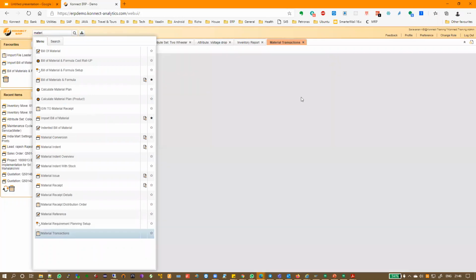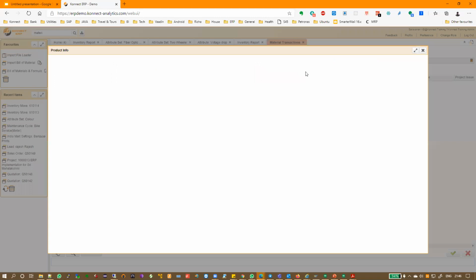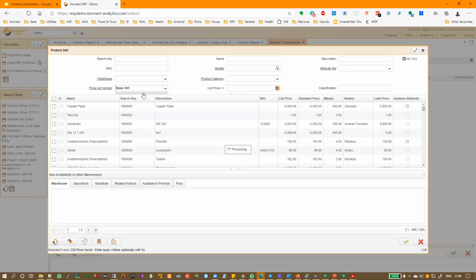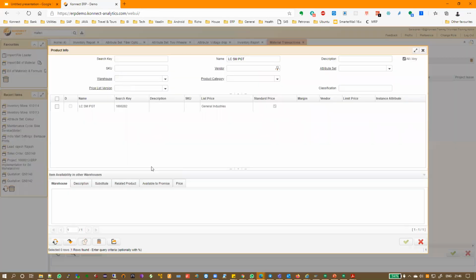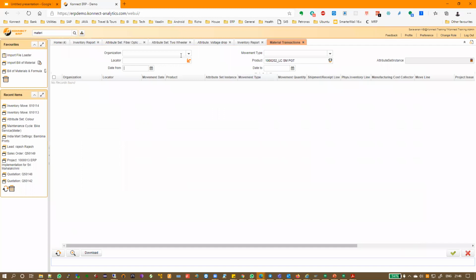Okay, so material transactions will tell you for a particular product. Okay, this one does not have warehouse. Okay, so they're not selected here.